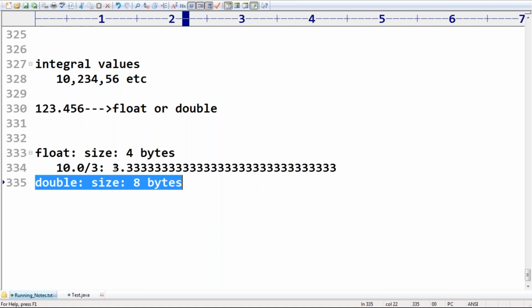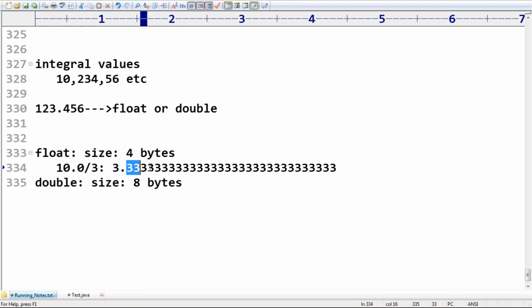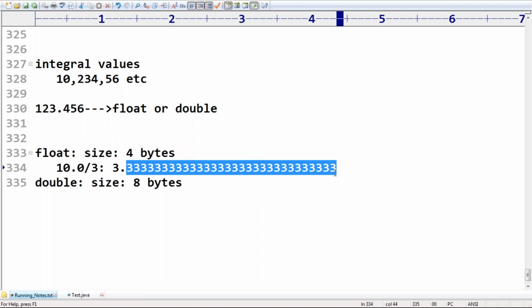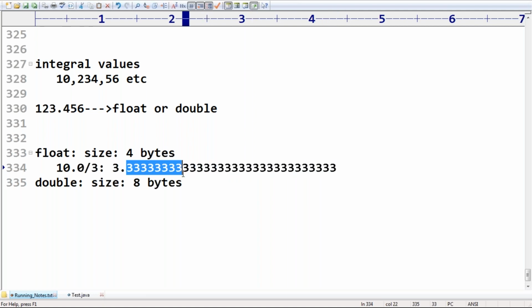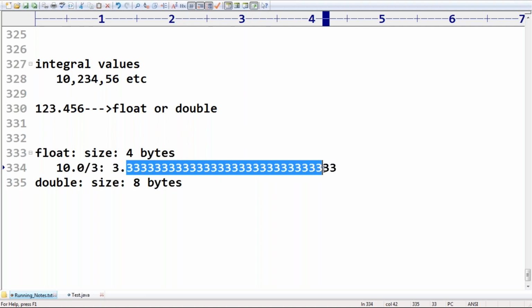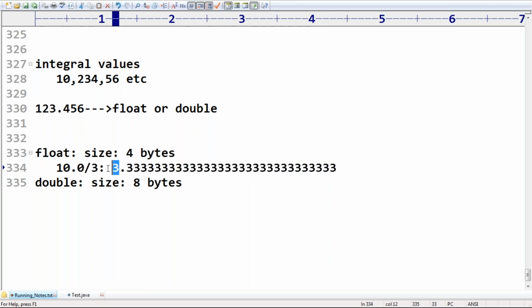If you want only 5 to 6 decimal places after the decimal point, these digits are enough. We are not required to consider a bigger number of digits, so it is better to go for float. If 14 to 15 decimal places are required after the decimal point, then it is better to go for the double type. Clear, right? Before the decimal point, you can take a bigger value also, no problem at all. You can go for float or you can go for double. But the float or double decision is based on how many digits you need to consider after the decimal point.